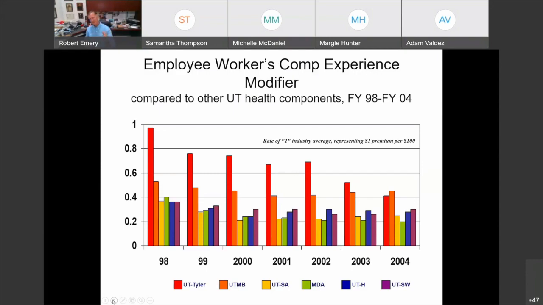Okay, so anyhow, this graph is showing the 6 component institutions that are health related and their associated experience modifier. But the colors don't mean anything. It's not labeled very clearly. And again, this is a graph that I made. But as I reflected on it, my boss only wants to know two things. He wants to know how much we pay and how do we compare to those other institutions.